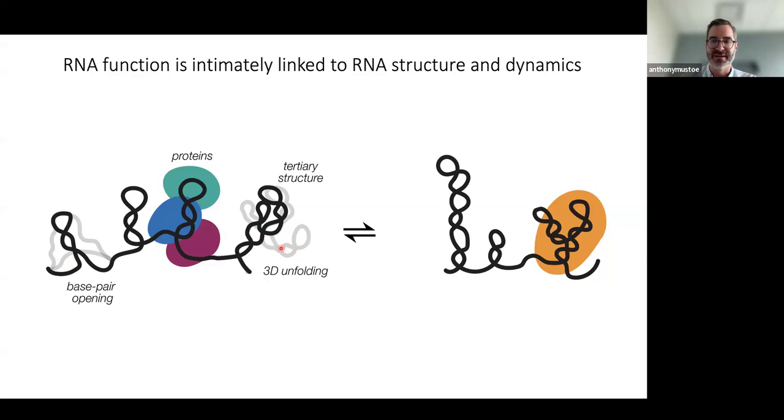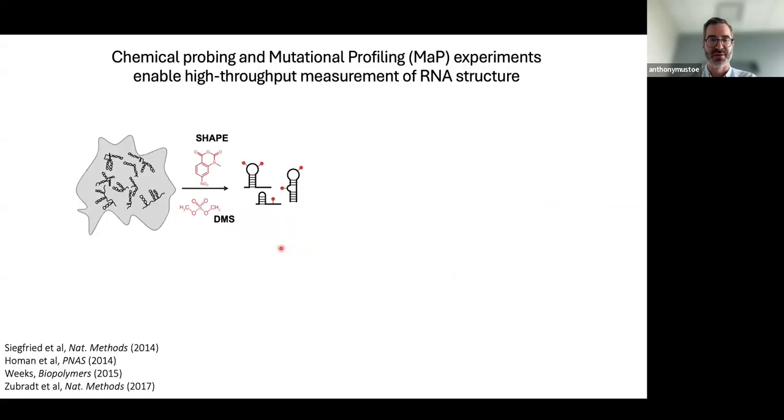Ideally, we would develop predictive models that allow us to just take sequence and get all of this information. But as we know, those models are not currently where they need to be to fully answer this problem. And so that means that we use chemical probing experiments as a way to get at some of this